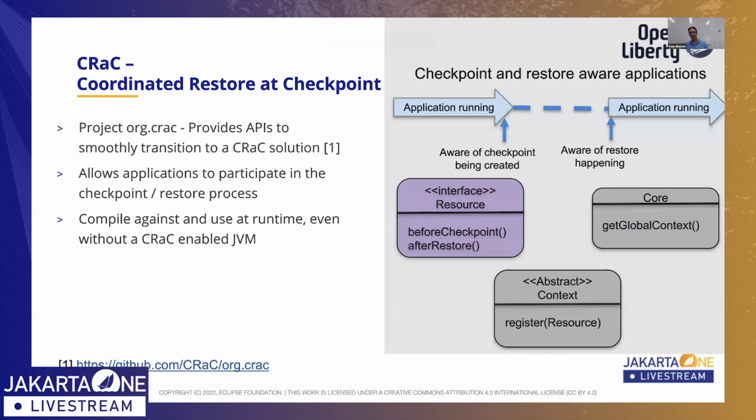So, like I was mentioning, you implement what is called a resource, which is anything from your application that needs to participate in checkpoint and restore. Perhaps it needs to get some state into an appropriate state to do that checkpoint, and then on the restore, it can recover from that and get back into a state that's appropriate on the running side when we restore the application. So anything that needs to do this will implement this resource interface and then register it with something called a context. And you can get what is called the global context from this core API, which has this static method called get global context. And so now applications can participate in this checkpoint and restore process, and you can compile against that